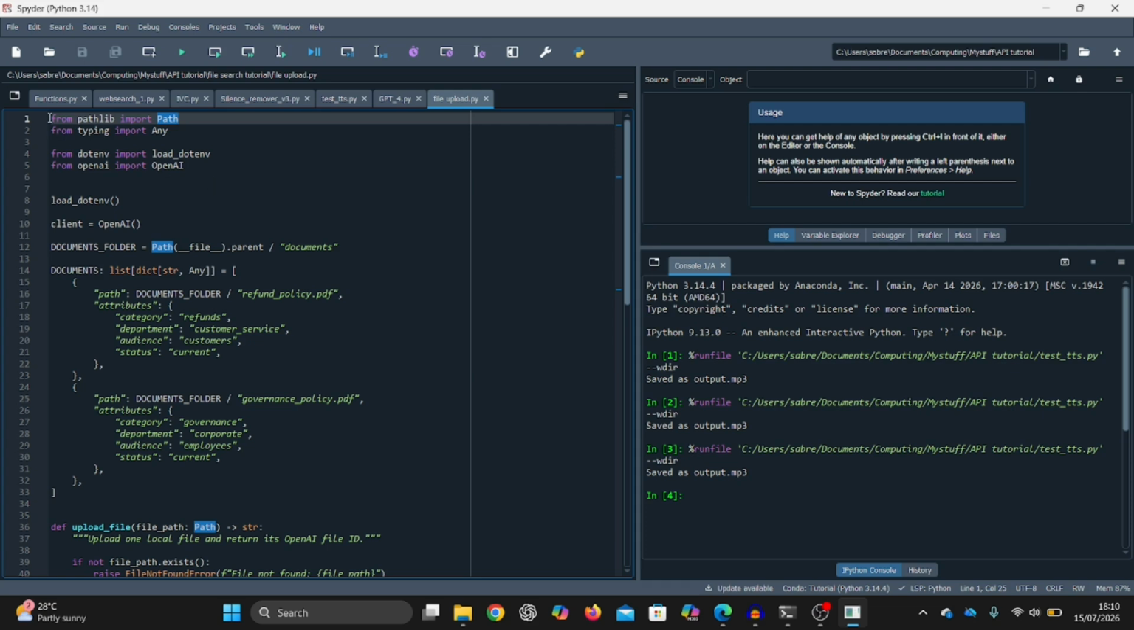First, we import Path from Python's pathlib module. Path gives us a convenient way to work with file and folder locations. We also import Any from Python's typing module. We use this later when defining the structure of our documents list. Next, we import load_dotenv. This allows Python to load environment variables from our .env file. Finally, we import the OpenAI client. We then call